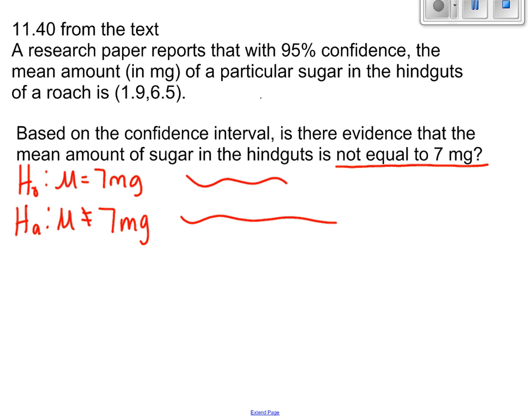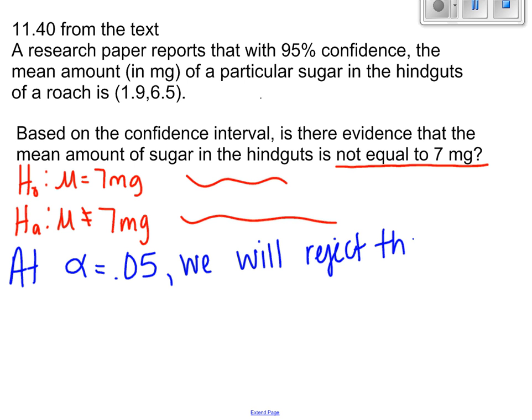Okay, so now I'm going to make a decision. So at alpha, remember, alpha has to be a complement to the confidence interval. So in this case, it would be, hopefully everyone said 5%. At alpha of 5%, we will